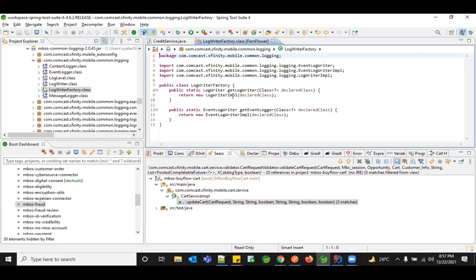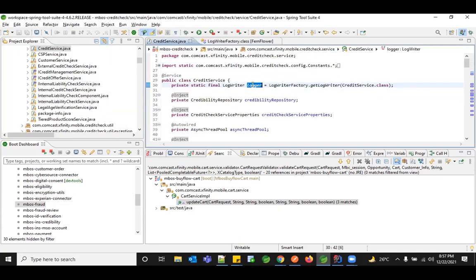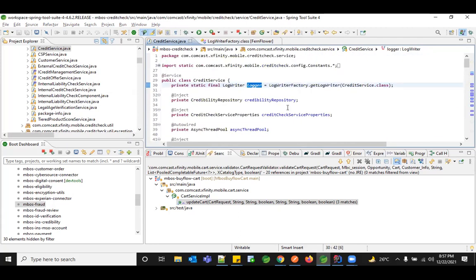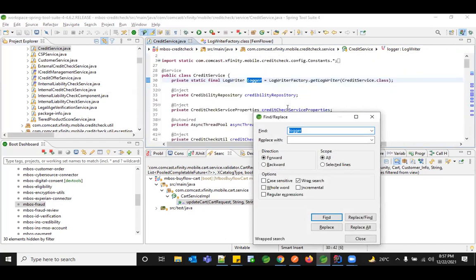So in this, what is happening? This is a static method, and this is that get logger writer. And here they are getting some value. And within that, they are creating the new object of the respective class which they were passing. And if you see, this logger is getting called only once, and throughout my object, wherever I use this logger, there is only one time object created.